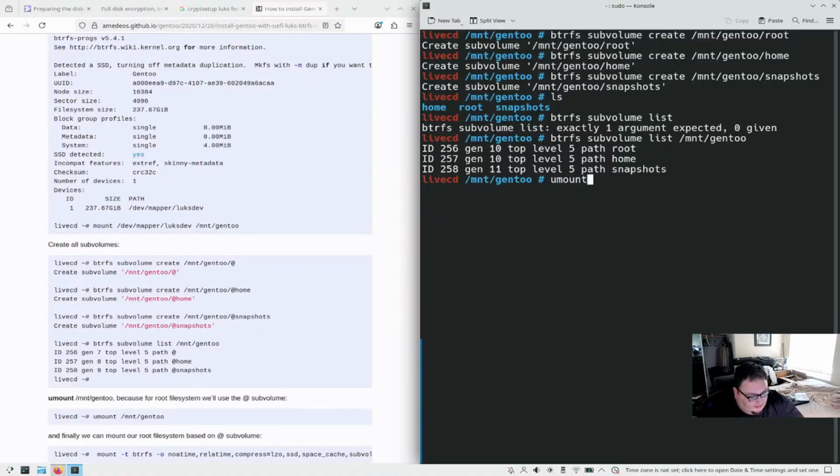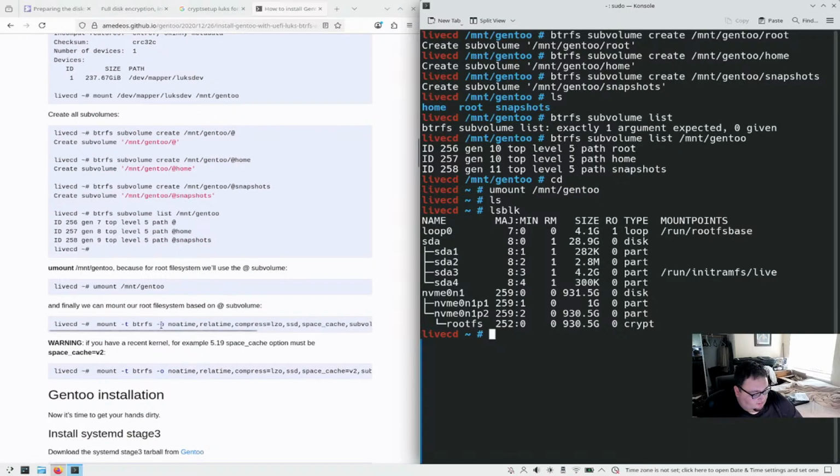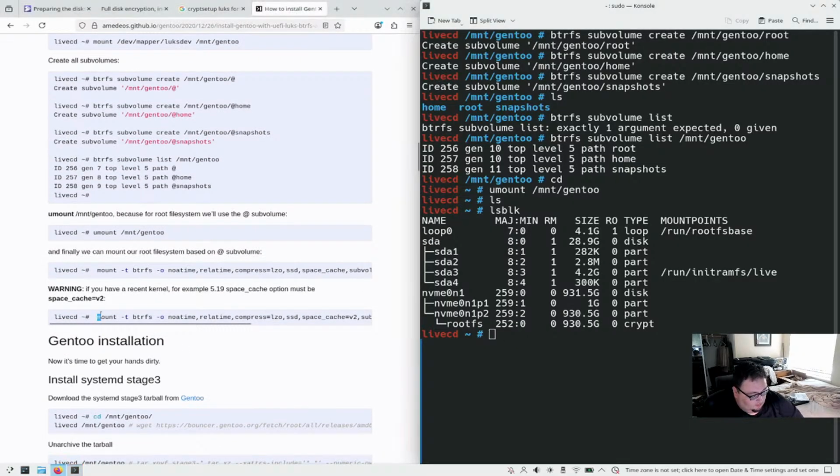Now umount /mnt, or actually we need to cd and then umount /mnt/gentoo. And now this is the complicated command that I still have trouble with, but I still reference because we're using subvolumes. So I just follow along with this guide. So